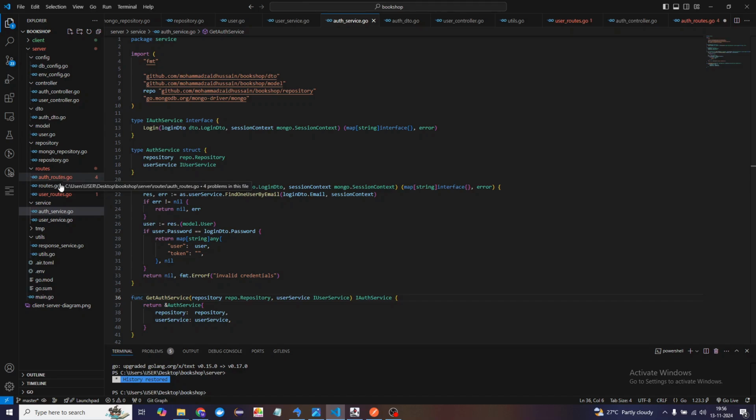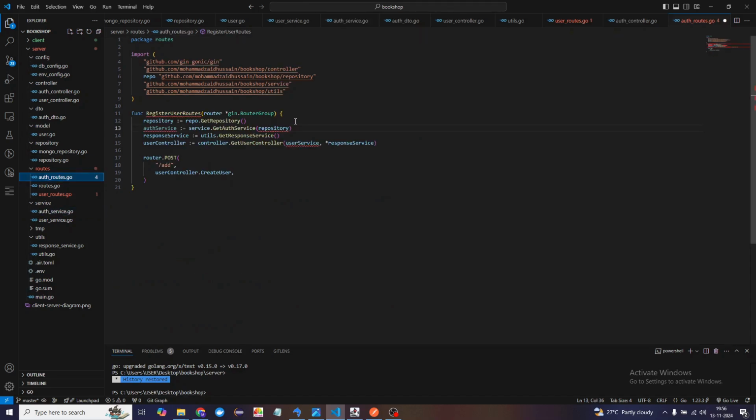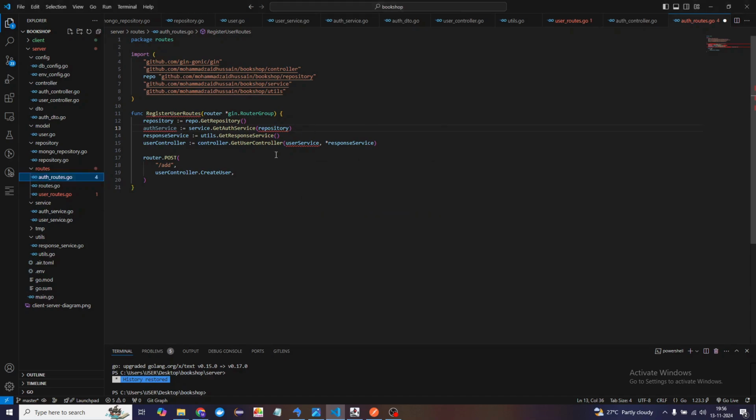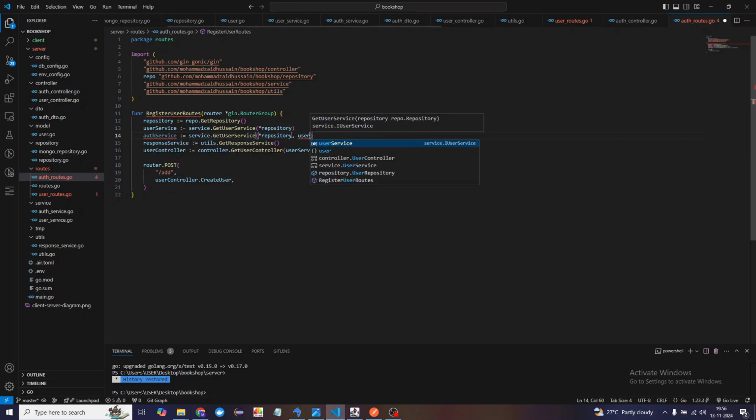For that I need user service as well. So what I'll do is I will just press Ctrl+Z, right? User service is there. Now I'll copy paste it, and then I will put auth service, and for auth service we need repository as well as user service. Is it? Let me just, no, this is going to be get auth service, and it needs repository and the